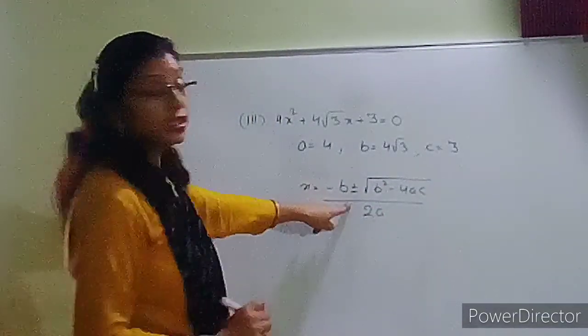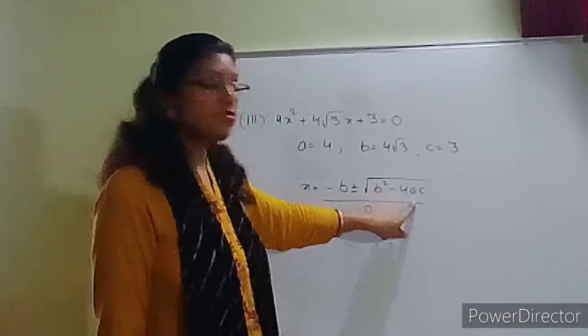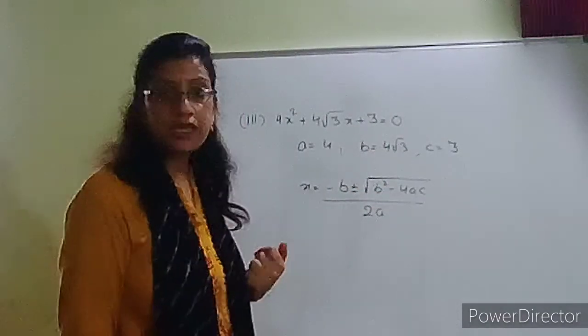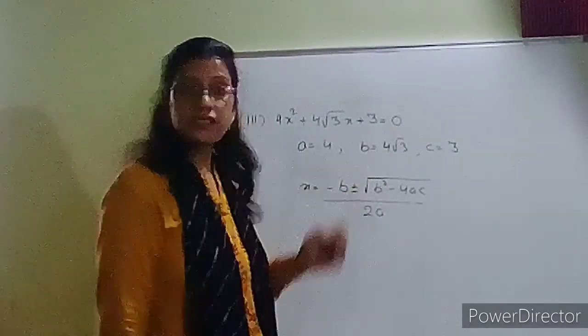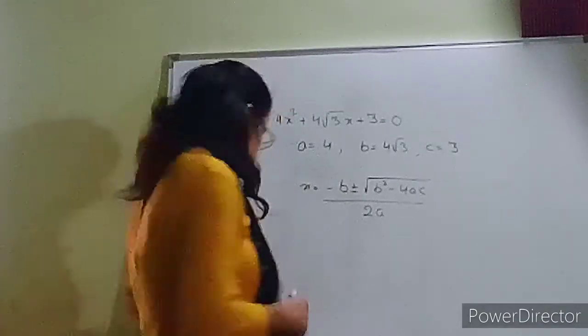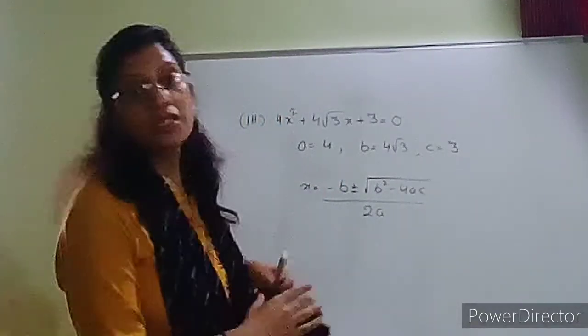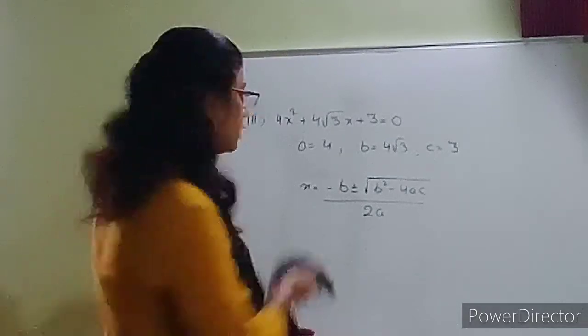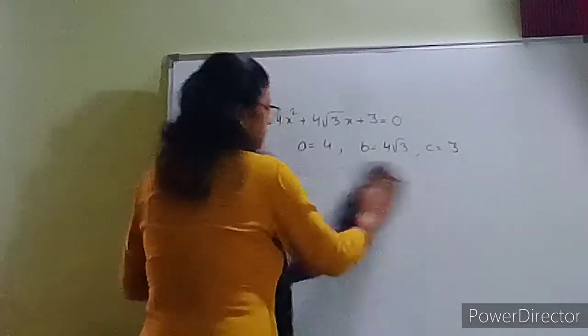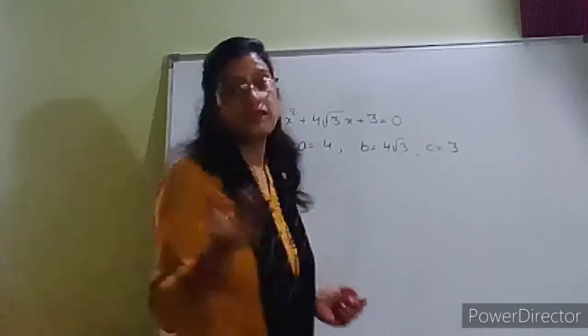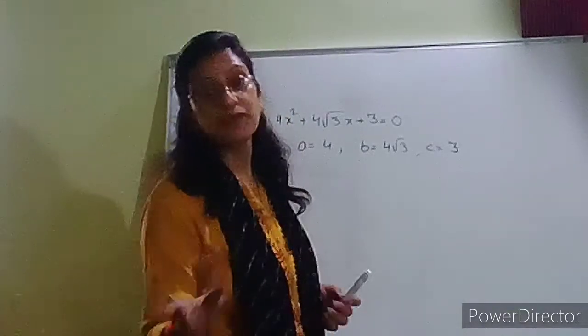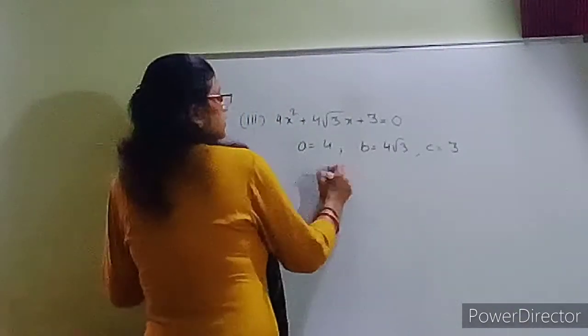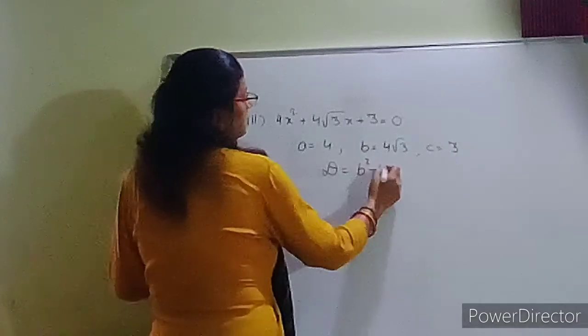If before this I want to find the discriminant, b square minus 4ac, that also I can find. So simply we can put the value of this in that, so we'll get the equation. Okay. So very first, let me tell you, I'm finding the discriminant very first. The meaning is same. It's up to you, you want to find in which manner. Okay. So I'm finding the discriminant b square minus 4ac.